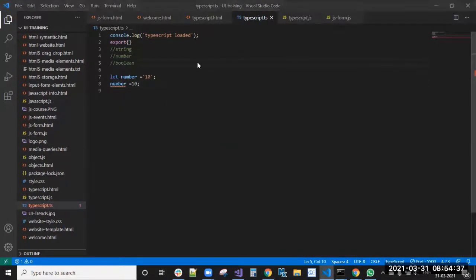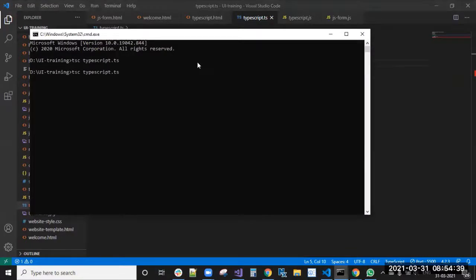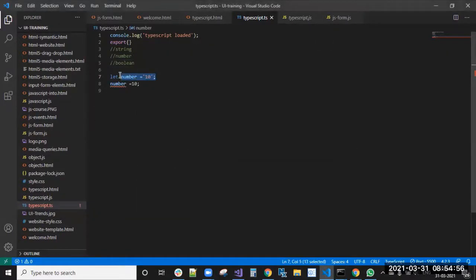If you compile this, tsc typescript.ts, line 8, first word, error: type number is not assignable to type string. Here this is string, and you are trying to assign a number value. So in that case, TypeScript will give you an error.